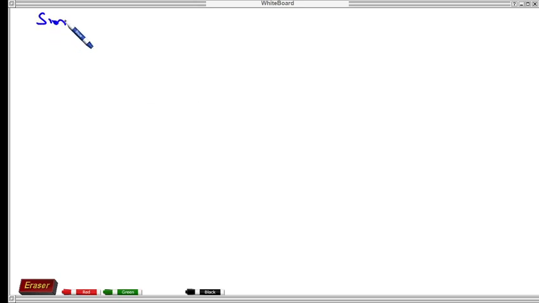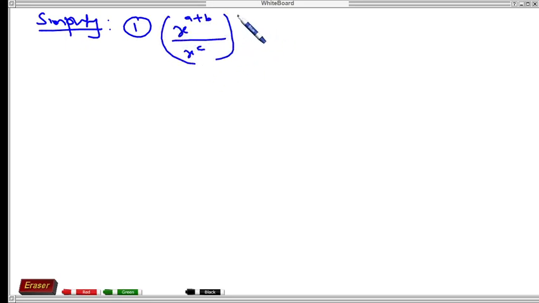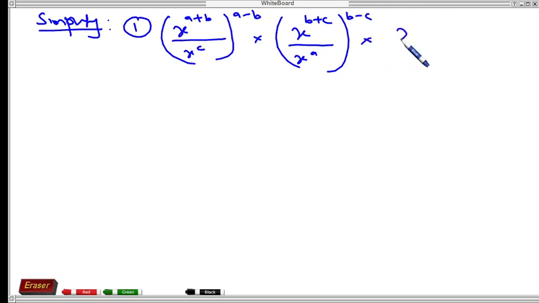Now simplify another long question, that is (x^(a+b) / x^c)^(a-b) times (x^(b+c) / x^a)^(b-c) times (x^(c+a) / x^b)^(c-a). The solution is